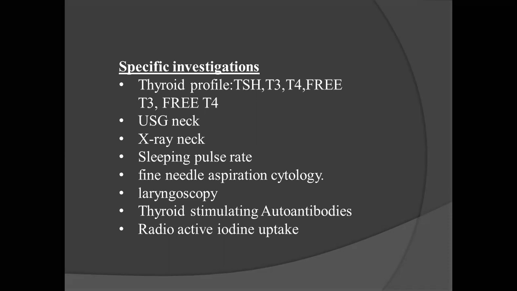It's a trial and error. You start with the lower dose, and after some time, do the thyroid profile. Whether the thyroid profile has come back to normal. If it has come back to normal, you continue with the same dose. If it is high, you increase the dose of antithyroid drugs. Like that, you bring it to normal. Then we plan for surgery. If you don't prepare the patient adequately, then the patient might go into thyroid storm in the post-operative period. What is that? I'll come to it a little bit later. Okay, this is the investigation and treatment part of hyperthyroidism.